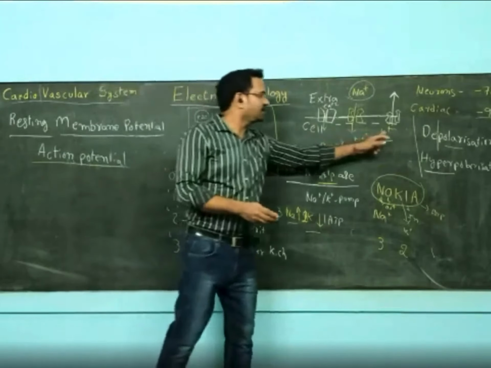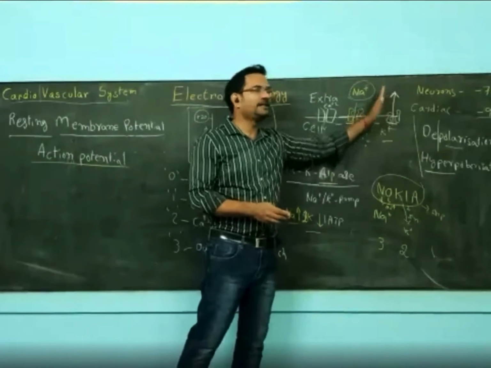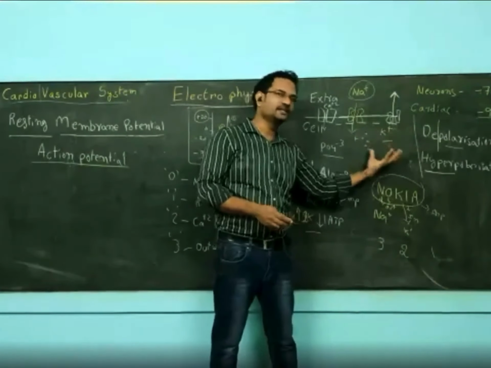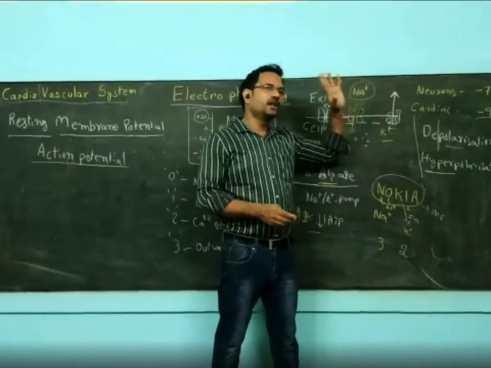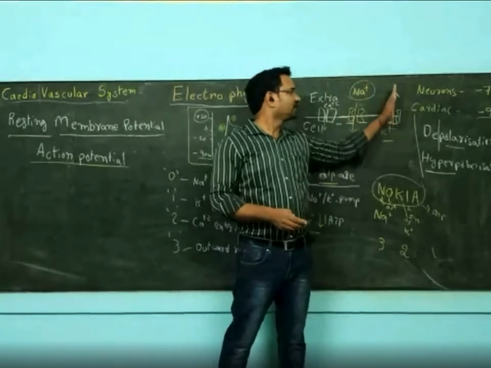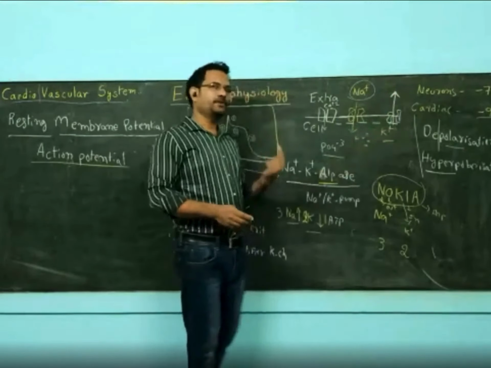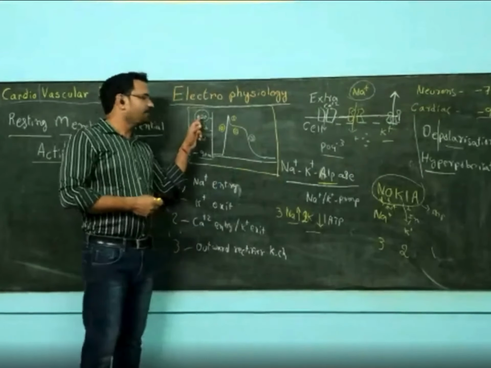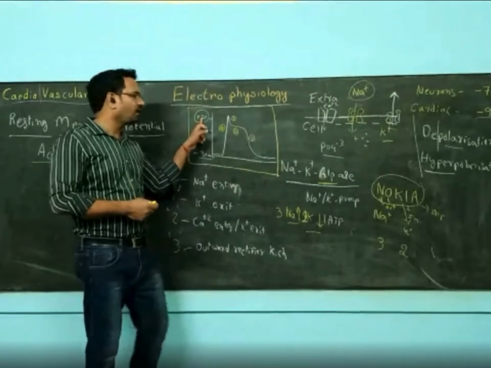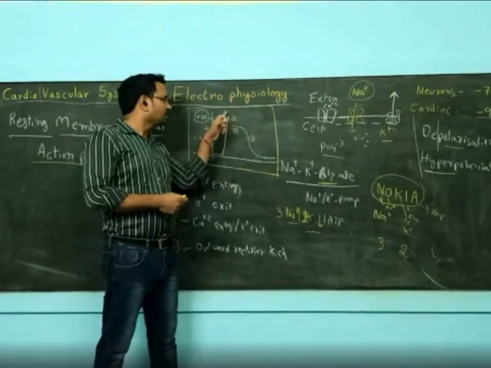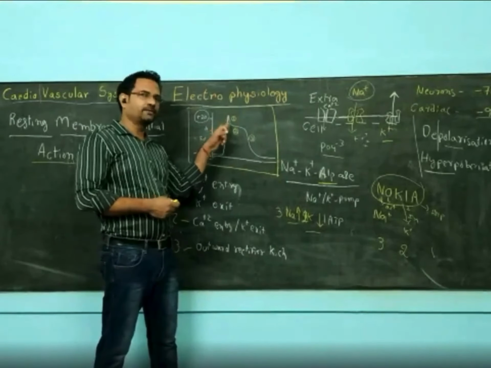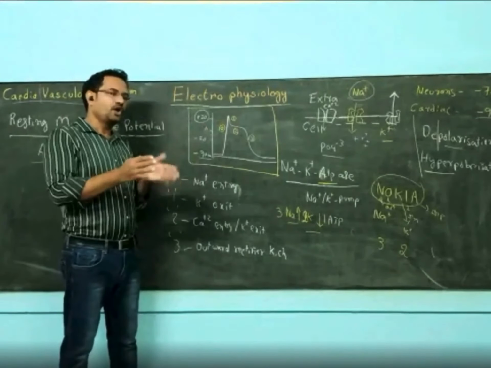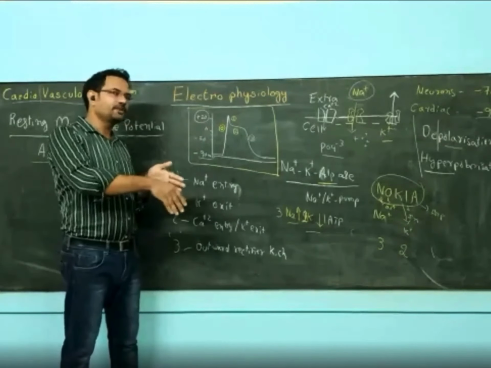But in that phase, potassium has leak channels through which potassium will be leaking out. Why is it going out? Because the concentration of potassium is high inside the cell, whereas outside, low concentration is there. So potassium will be slowly leaking out of the cell. Because potassium is going out, a positive charge is going out. The cell has acquired a positive 20 millivolt potential, and since positive ions are going out, the potential slowly comes down. So this is what happens here. Already the sodium channel is closed, but potassium channel opening causes reduction in this potential.